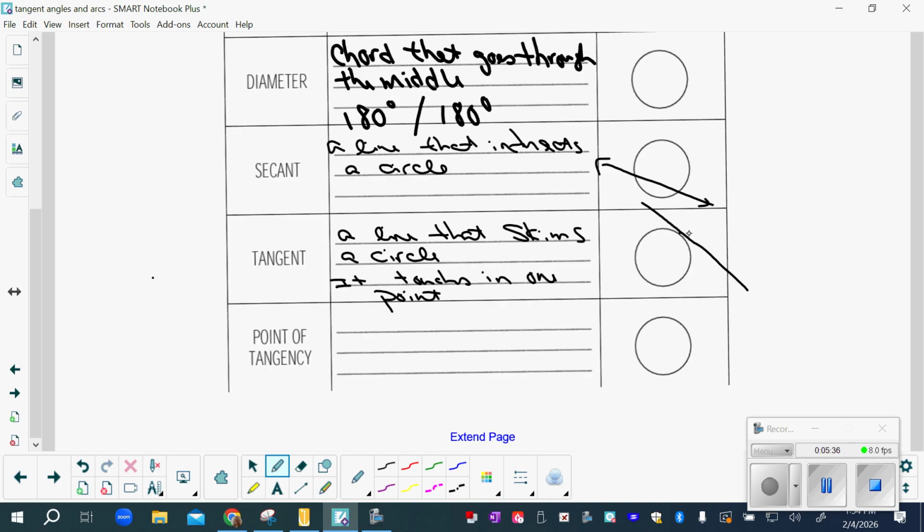And you know where it touches? It touches right here at the point of tangency. That's the 1 point that's on the circle and at the line. Right there. They just touch each other. Boom, he just touches. Because today, we're going to be doing exactly what we did yesterday, but we're going to